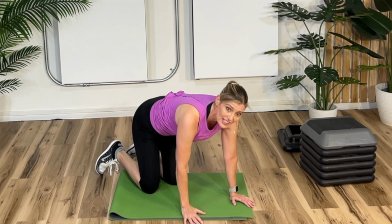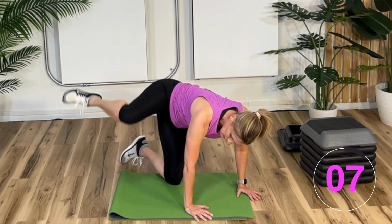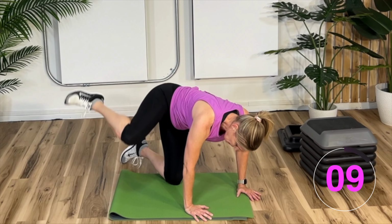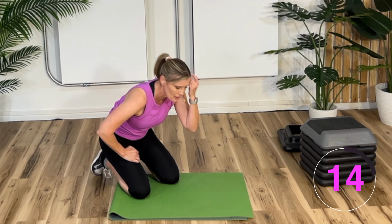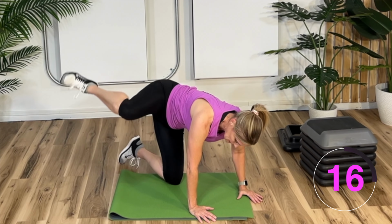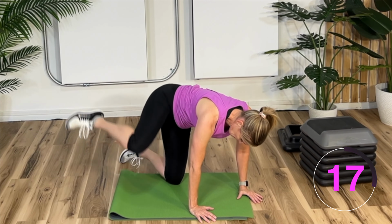Really good for the hips. Strengthen those hips. Up, all the way down. Now that stabilizing leg, you're definitely going to feel that, okay? No way around it. So you should be feeling both gluteals,